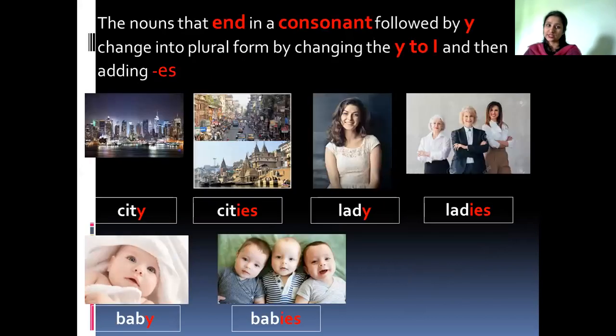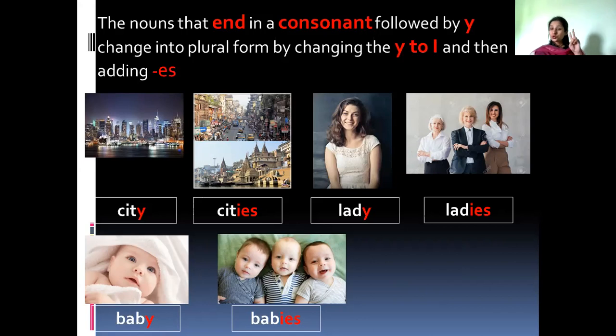What does our next rule say? Generally we join S and make the plural form. If the noun ends with CH, SH, X, O, Z or SS, that time we join ES and make it plural. Okay, it was your homework to learn rule number 1. Hope you have done this. Now what should we do to make the plural form if the word ends with the letter Y? If the Y is there at the end of the word, then how do we make the plural form?